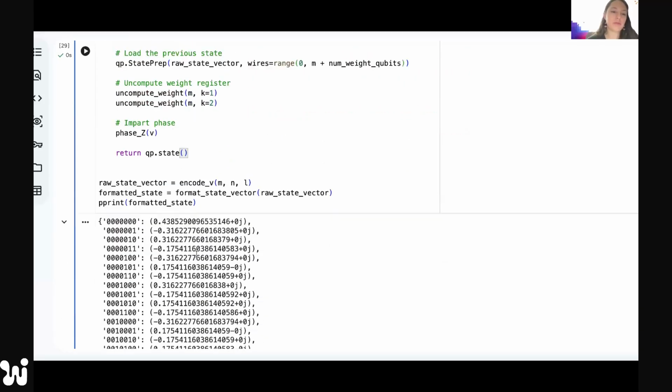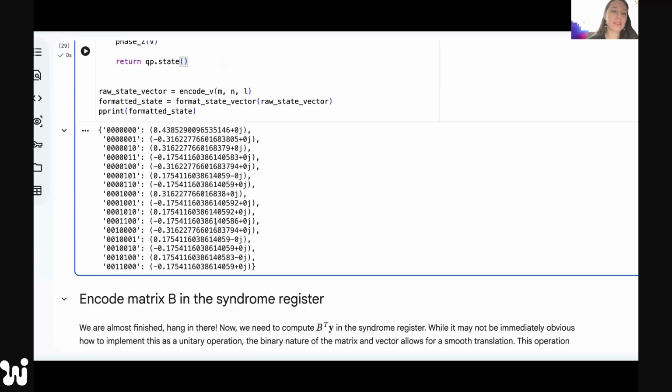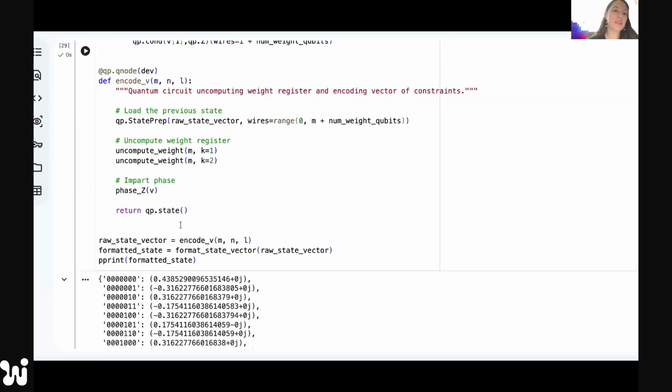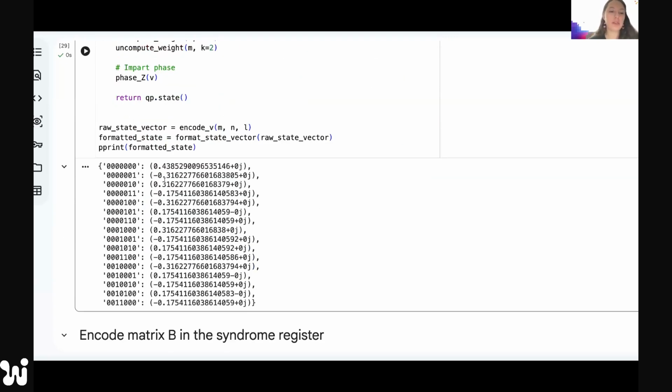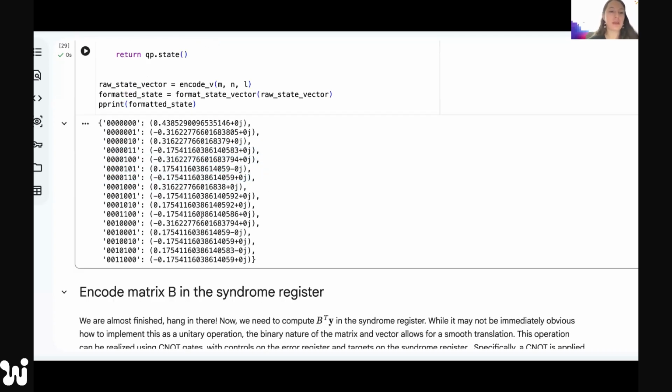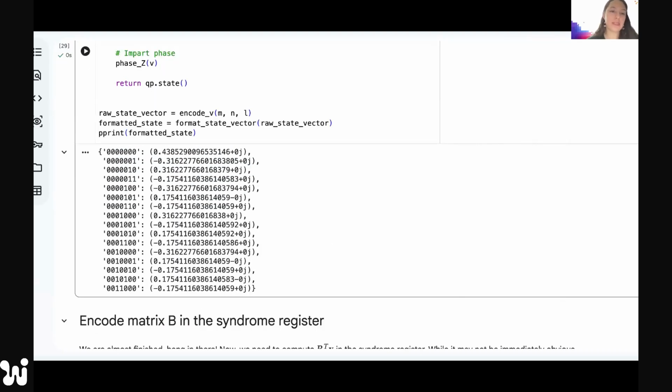At the end here, I'm going to print some states, and you're going to see that the probabilities have been modified. Some probabilities are now negative and some are positive, and this is how I'm going to interfere them. The details, again, don't worry too much about them. You're not going to remember them anyway, that's okay. But just know that at this point, I changed from having the same number for each number of ones to ones that are positive and ones that are negative, because they have a phase encoded in them.